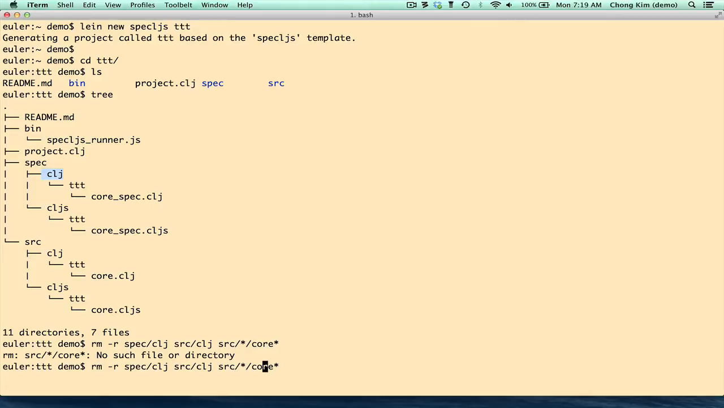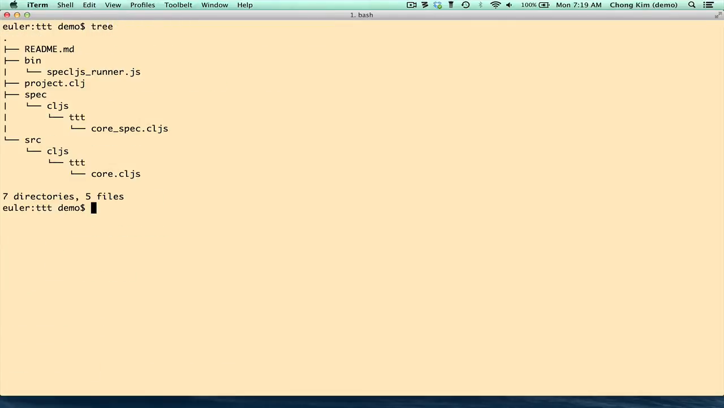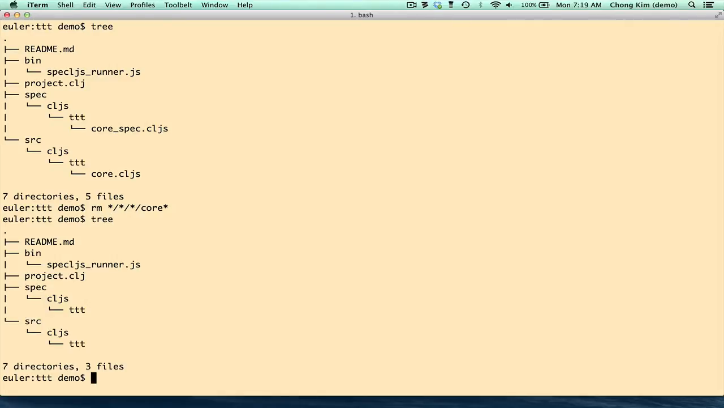Okay, oops. No, I think, okay. So let's see what the tree looks like now. All right, I guess let's try removing. Oh, that's because it's remove, well, star core star. Okay, now I'll do the tree, and okay, so the setup looks good, and we're ready to write